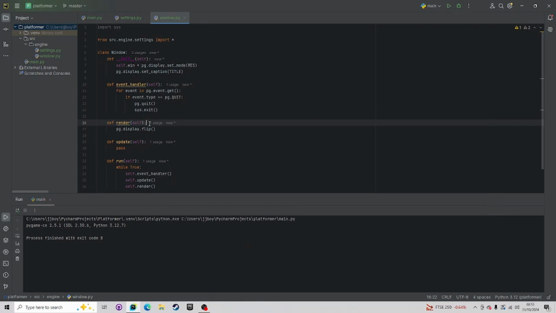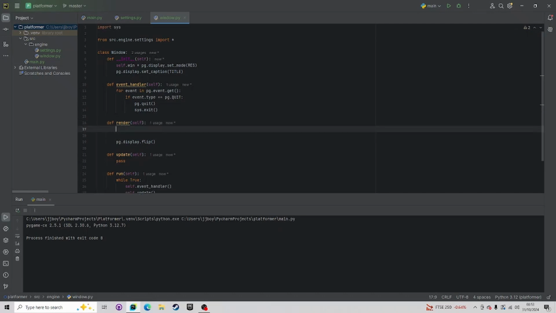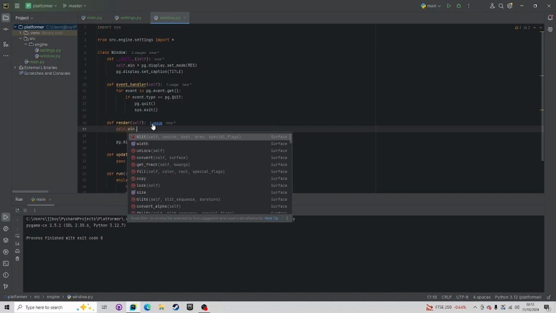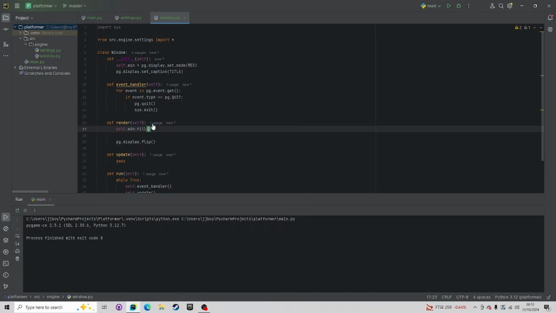So before we actually display an image, let's change the background to something more easy on the eyes, because to do that it's really simple. We do self.window and we need to fill the screen, so it's a fill. Now there's multiple ways of filling a screen. We could give it a default value like red or blue, or you could give it a hex value, hexadecimal value, and that starts with a hashtag and then